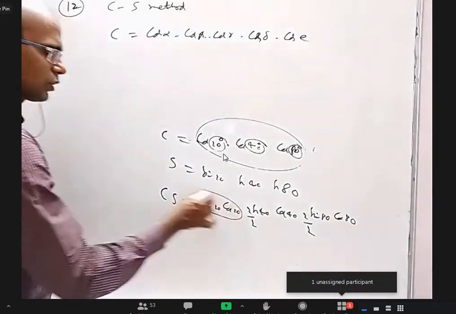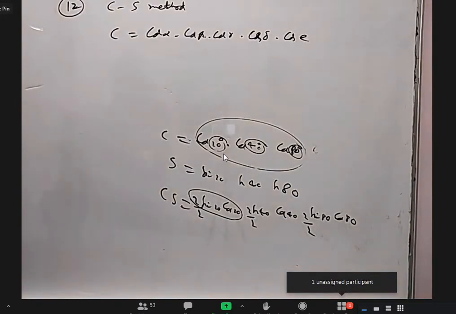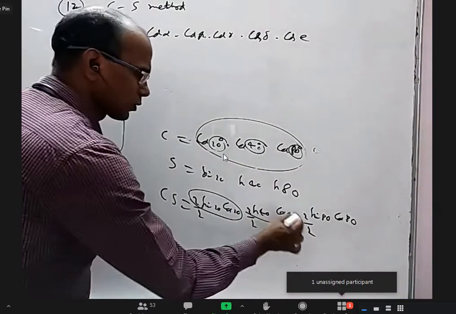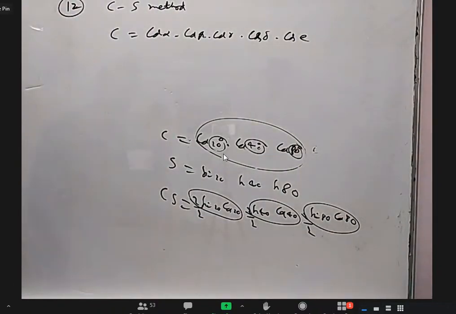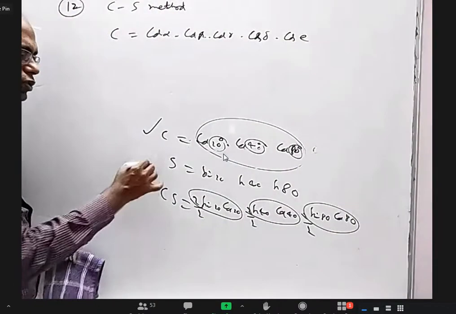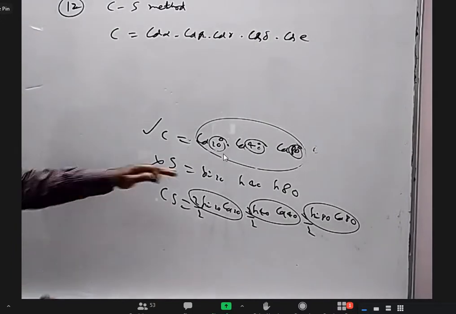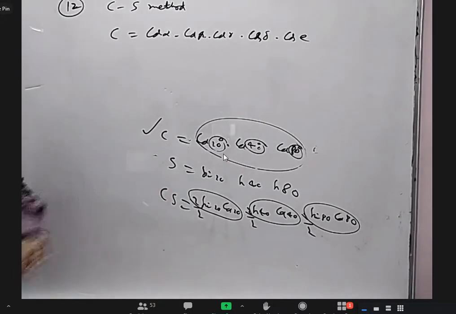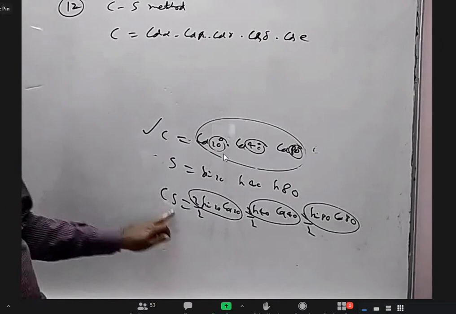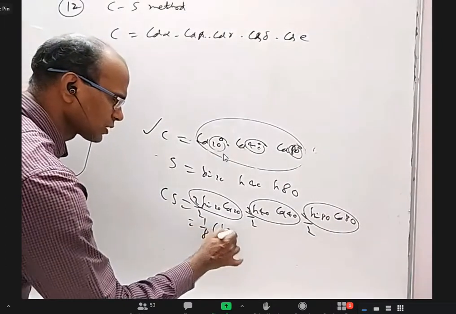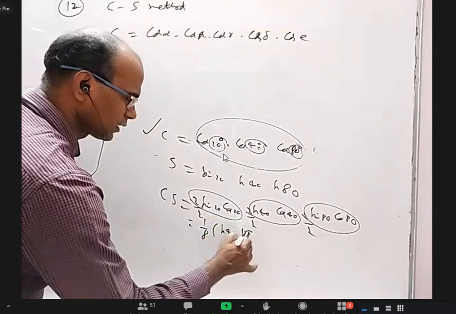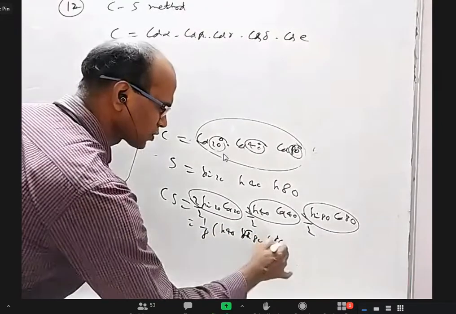What is 2 sin 20 cos 20? Sin 40 degrees. This will become sin 80 and this will become sin 160. So the question is only about this; in the question, this is not at all mentioned, but I have taken this. I multiplied this, but my aim is to find the C value, not the S value. So what I got here is 1 by 8 into sin 40 into sin 80 into sin 160.